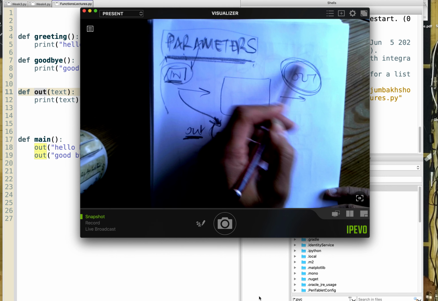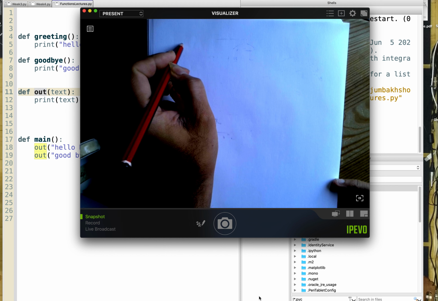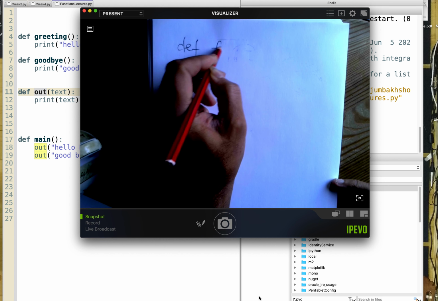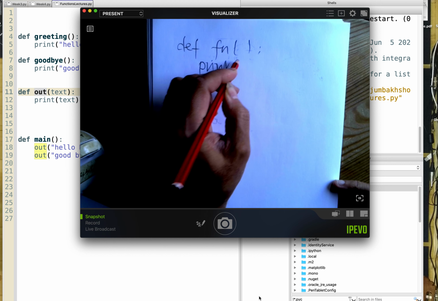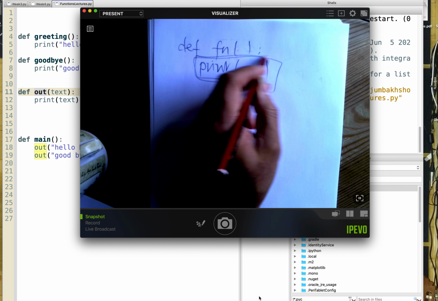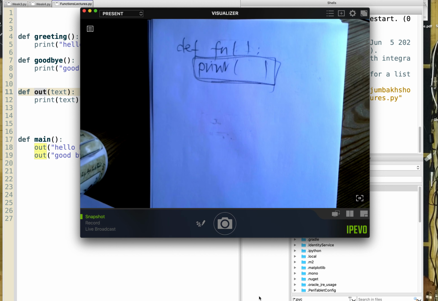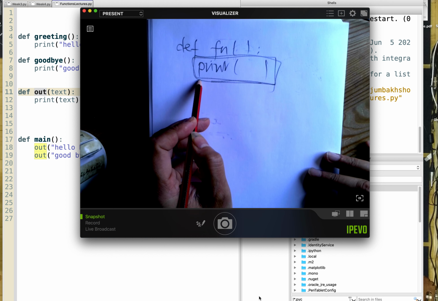Now we're going to talk about output. So far, the general idea that you've got is something like this. You've got some function, and then to output, you just use the print statement. Now, the problem with this is that when you break down programming properly, you come to realize that if you